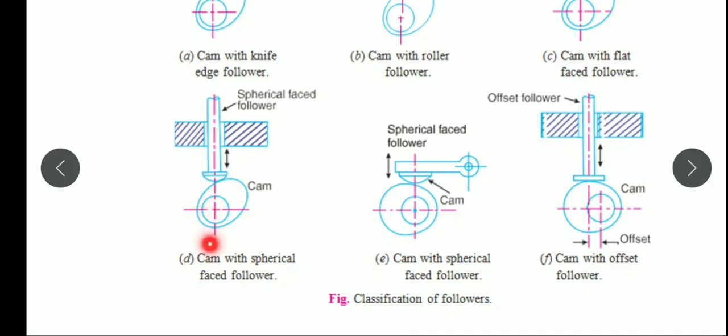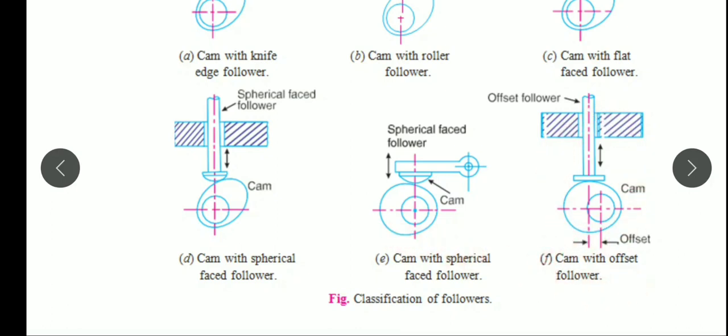You can see the follower center line and cam center line are in the same line. But here the follower and cam centers are separated by an offset distance, and this type of follower is known as offset follower.